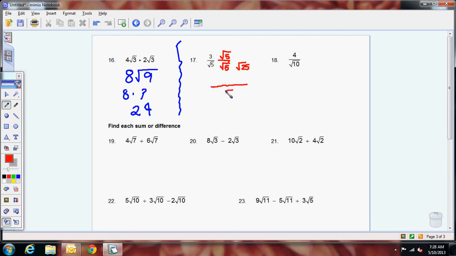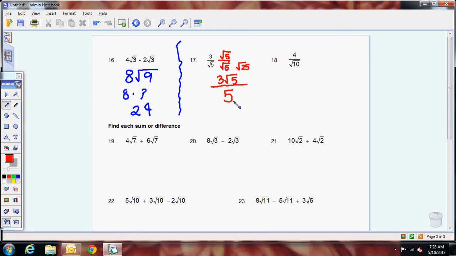So that means on the bottom, I'm going to have a 5. That way I have no square root on the bottom. Now we look at the top. We have a 3 times a radical 5. You cannot multiply things when one is out and one is in, so I'm just going to leave it like that. 3 radical 5. Now always double check. See if you can simplify these outer numbers. 3 ABC 5. Can't do that. So this is my final